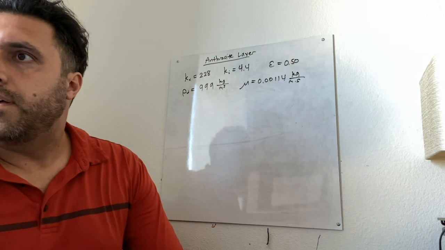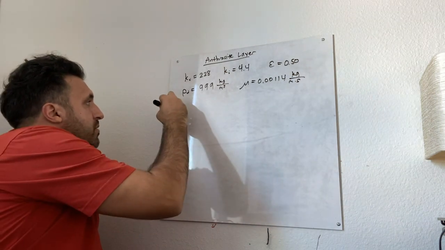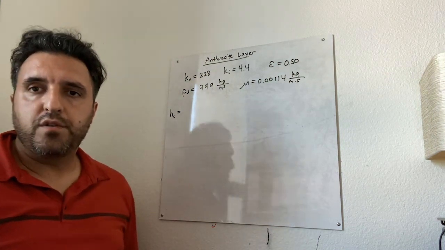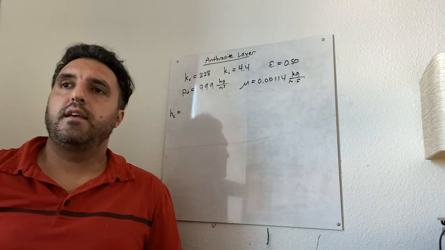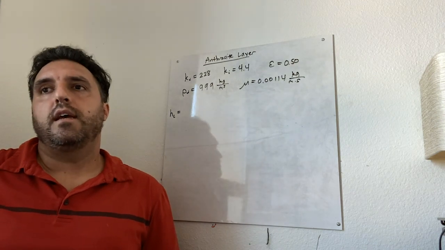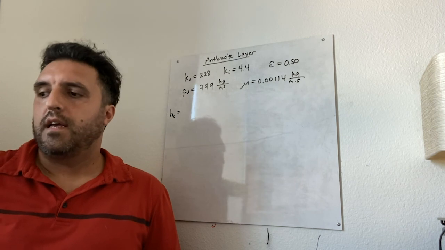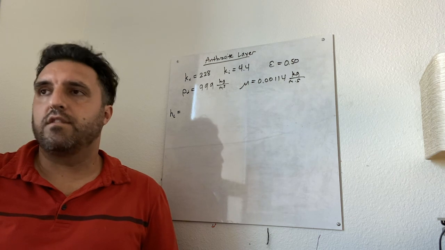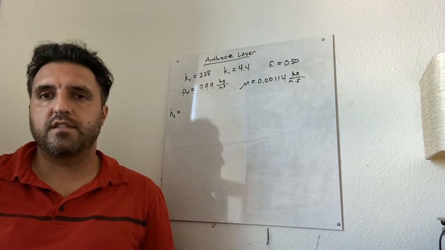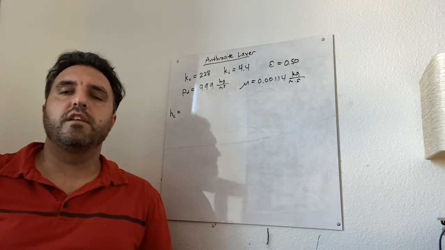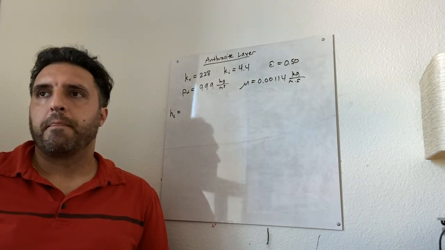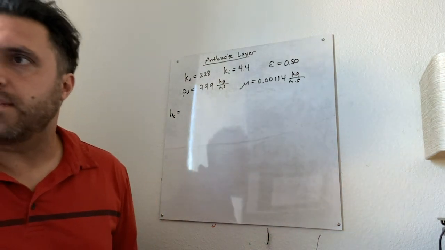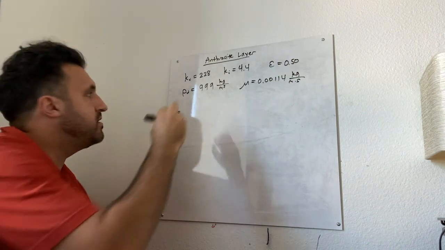Alright, so next we're going to implement the equation for head loss, and remember that's got two components. The head loss due to viscous forces is the first component. The head loss due to the inertial forces is the second component. Alright, so implementing that equation with the assumptions we're using, we've got head loss is equal to